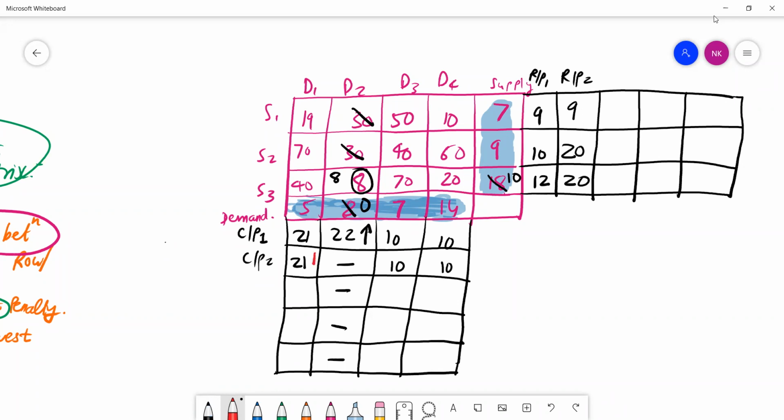In this particular case, this one is the highest penalty. Find out the minimum cost, it's this one. Allocate the units. Demand is 5, supply is 7, so allocate 5. This turns out to be 0. Cancel out this column and remove 5 from this, so the units remaining is 2. Now this particular column, the first column, won't be playing a role in the further iterations. Now let's move forward for the third penalty.